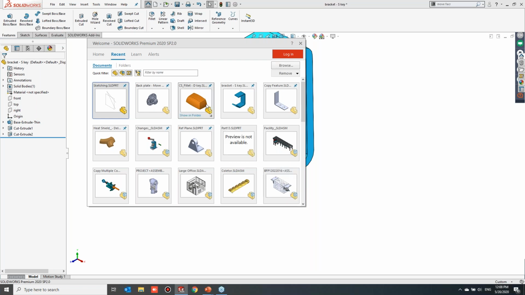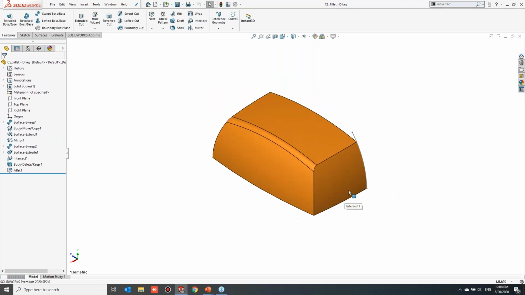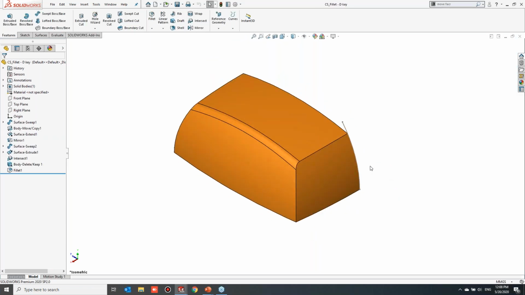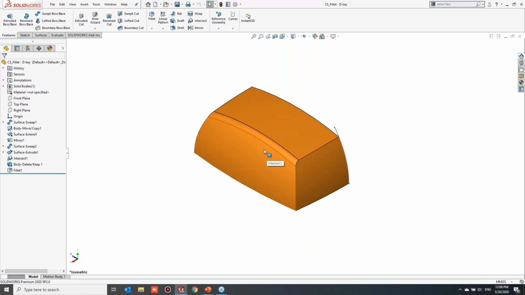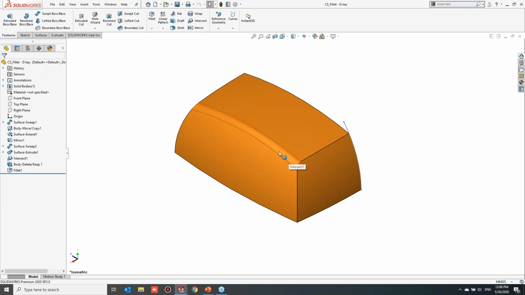Now D key not only brings the confirmation corner, also the breadcrumb. I will show you now. So I am having my model. So here I need to edit my fillet. So select the fillet face. So this is something called a breadcrumb. So by pressing D key, you will have your breadcrumb at your mouse location. So select the feature. You can click edit.